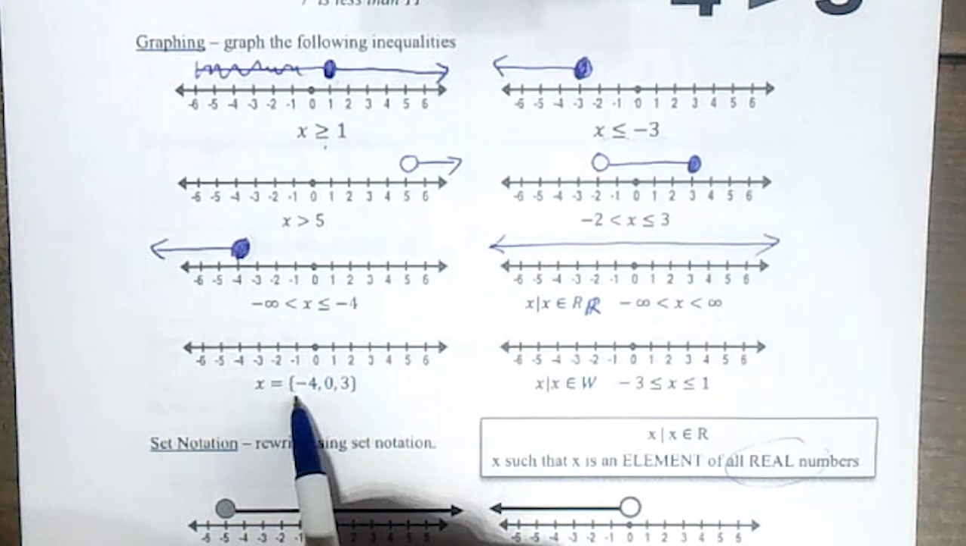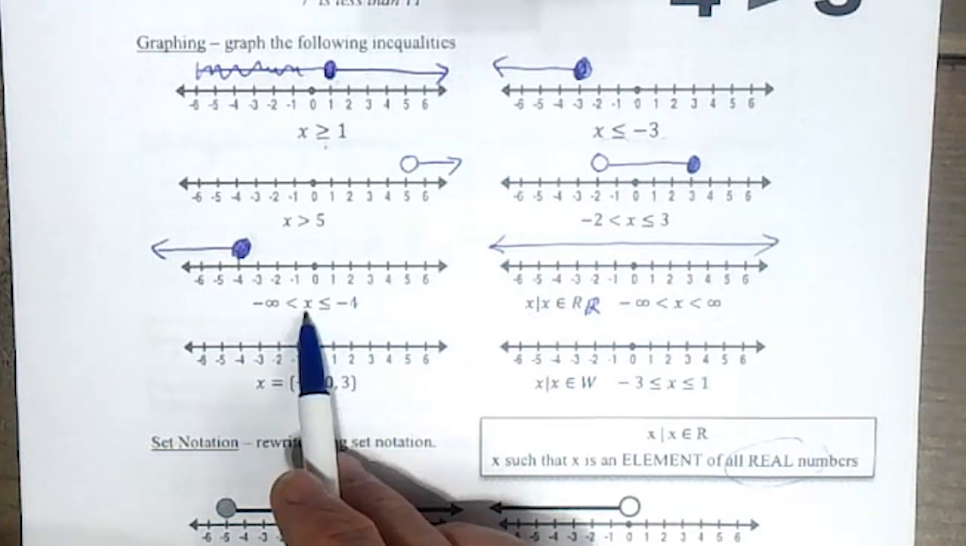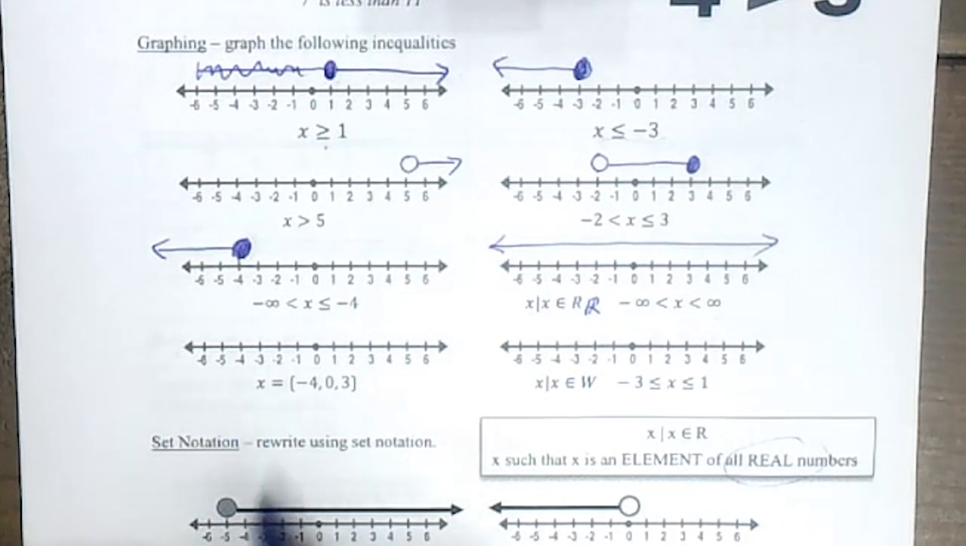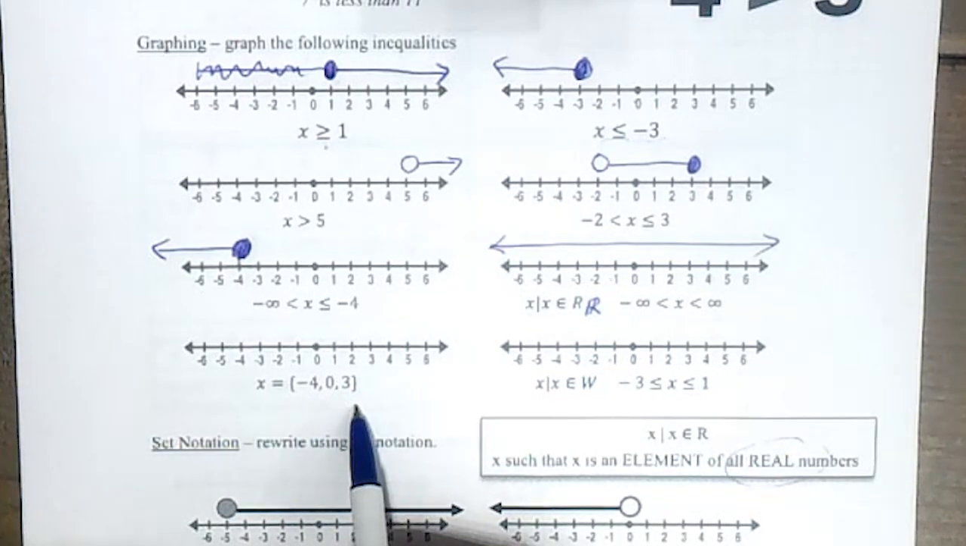Next up, we have this one. Notice that there's commas in between. There's no x in the middle. There's no inequalities. The answer is negative 4, 0, and 3. This is list notation. Only these numbers,